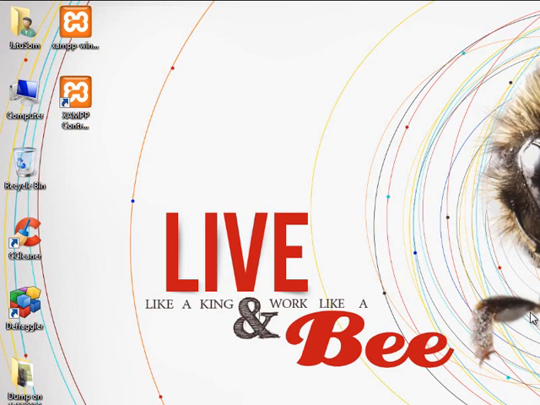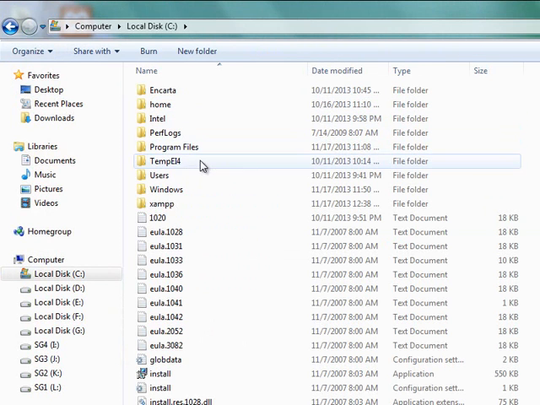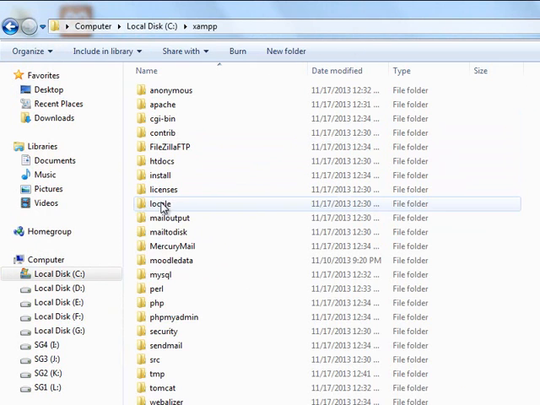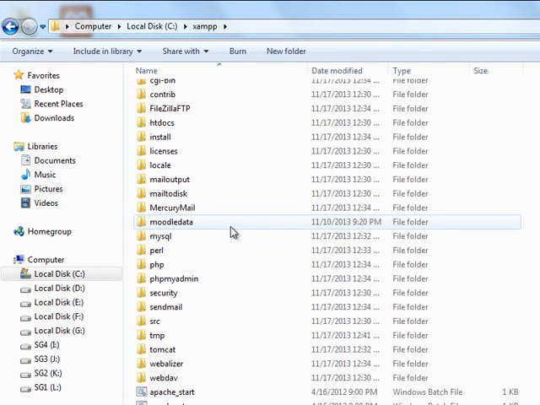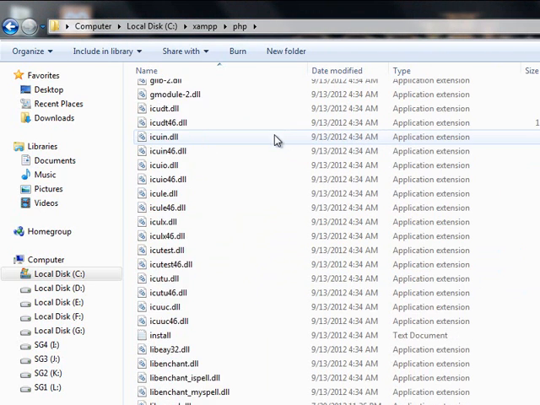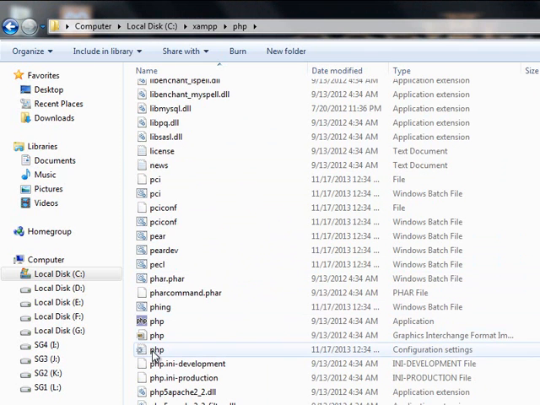Now let us browse for the php.ini file. Click on My Computer, then C drive. As we have installed the XAMPP server in C drive, we find a folder XAMPP here under C drive. Click on the XAMPP folder, and here we have one more folder, namely PHP. Click on the folder PHP, and under this folder we have a file php.ini